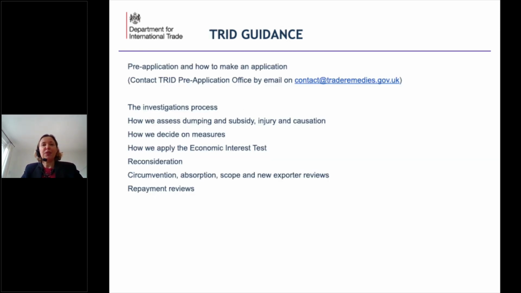This covers a number of areas: pre-application and how to make an application. As I mentioned above, it's quite an onerous process to make an application and set out quite a lot of information about dumping, subsidy and injury. So we have set up a pre-application office to assist applicants in understanding the requirements, and that can be contacted on the details there. We have guidance about our investigations process, about how we will assess dumping, subsidy, injury and causation, how we decide on measures, how we will apply the economic interest test,